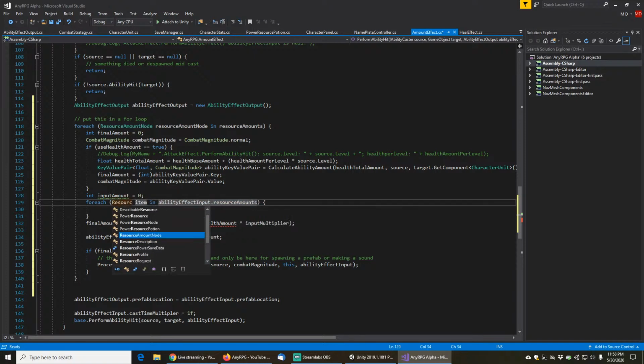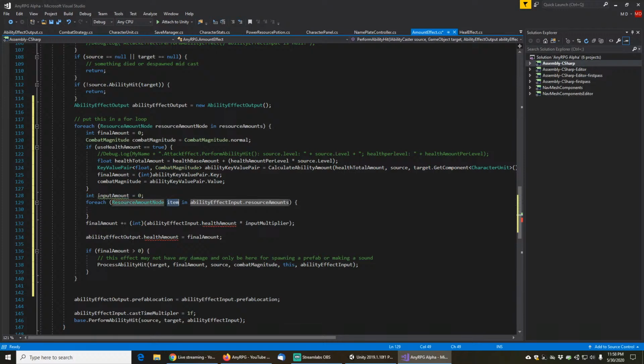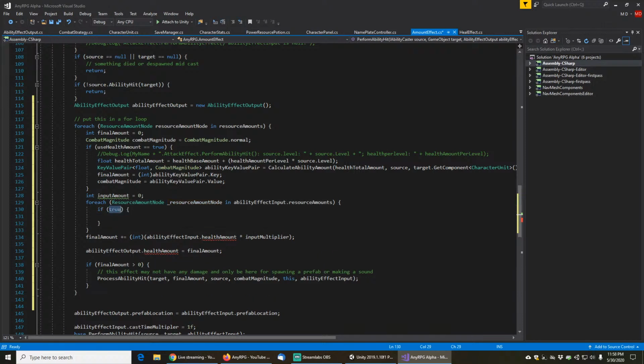So we're looking through all the resource amount nodes, and we want to call this underscore resource amount node, because we're already inside a block that is using the resource amount node name. And then if underscore resource amount node dot